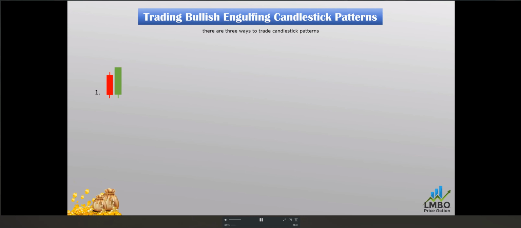The next candle can be a red candle that closes on the level where the green candle crosses the red candle in the upper direction, where I draw this level. This level is called the support. If a small red candle closes above the support, then we will go for the buy. This is one way. This is one possibility to trade the engulfing.